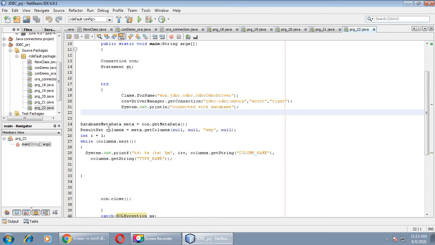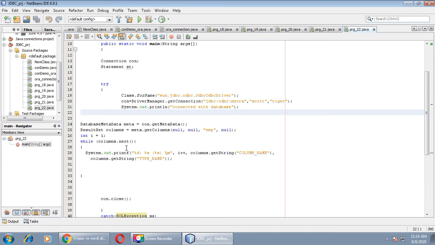So i is a variable of type integer, and outside the loop I have initialized this variable with 1, and inside the while loop I did the post increment i++, so this will print 1 during the first iteration.